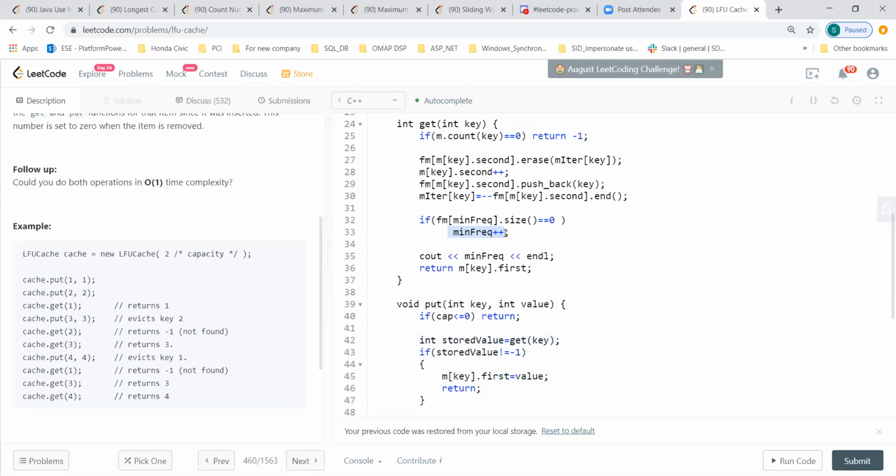The minimum frequency will be 2, right? Like you have accessed 1 twice, with the update also. But how are you updating that minimum frequency? Because you won't come into this if condition, right?